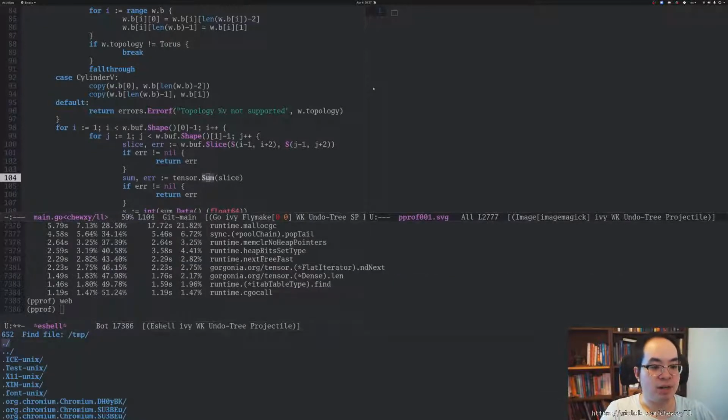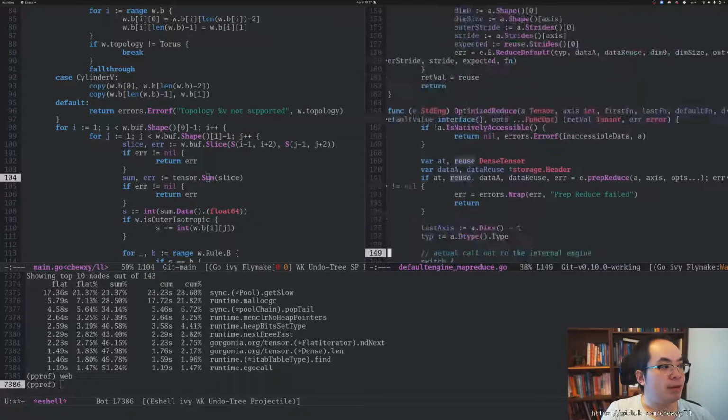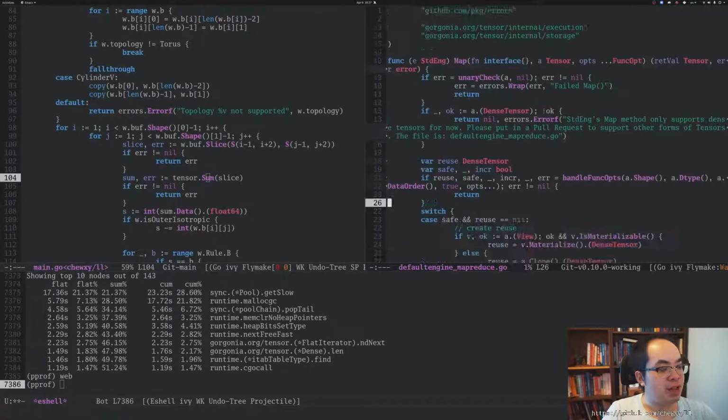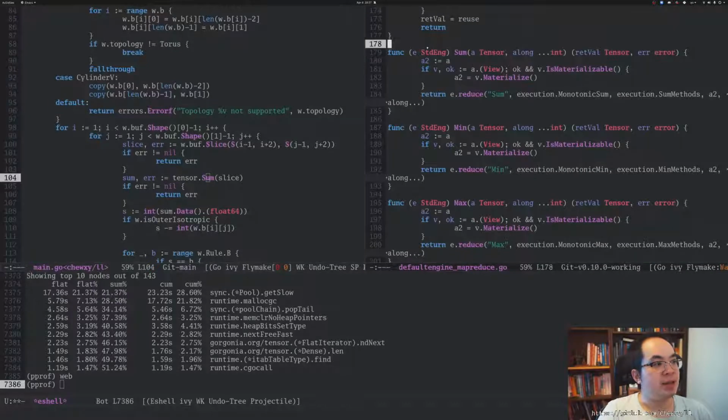My eglot's not working. So some would be under api_map. Oh, no. So search for map reduce. Okay, so this is the map reduce function, and basically map reduce methods and sum, as you can see here,